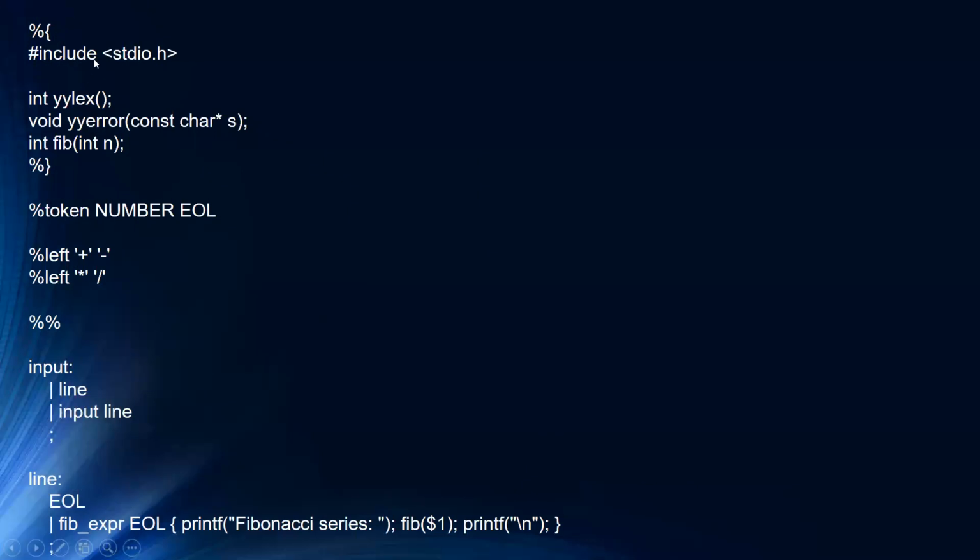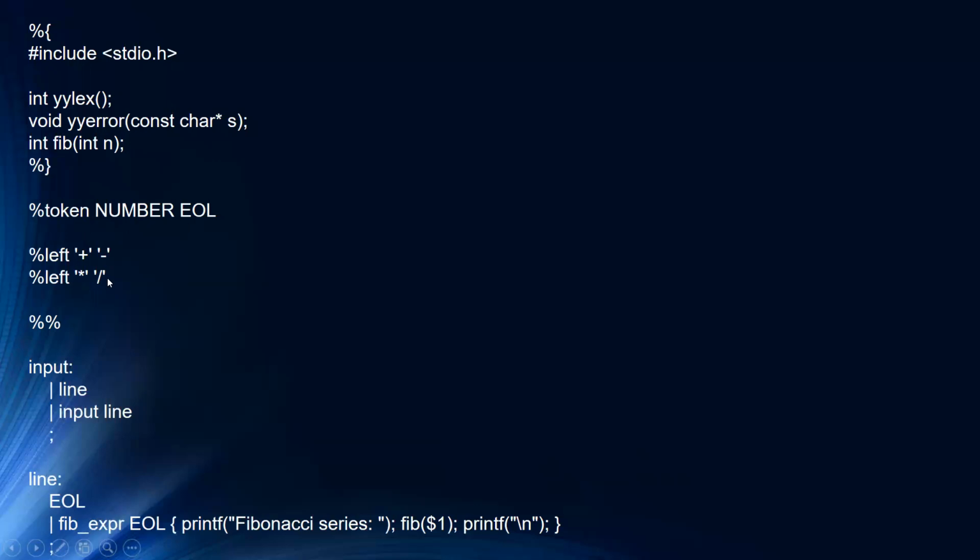Now let us go to the Yacc program, that is the parser.y. The structure of Yacc is also similar to Lex, where we have the definition section first. In the definition section, we define the header files and some declarations. The parser.y file contains the grammar rules and the corresponding actions. Here you can see the tokens NUMBER and EOL declared for the grammar. And then we have %left PLUS MINUS and %left STAR SLASH,